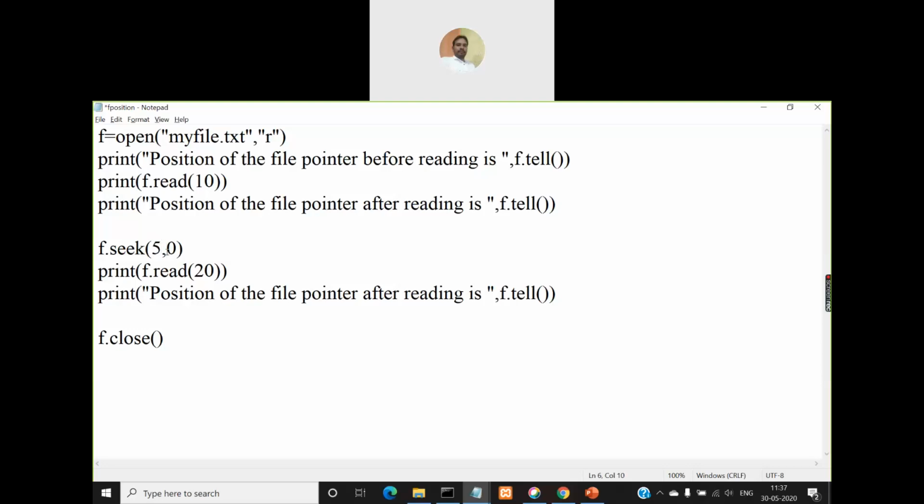From the beginning of the file, 0 indicates from the beginning of the file, which is the second parameter, right? So from the beginning of the file, move the file pointer by 5 characters and point to the next character. That is the meaning of the first parameter when the second parameter is used. Okay, and if I specify 1 here, it indicates from the current